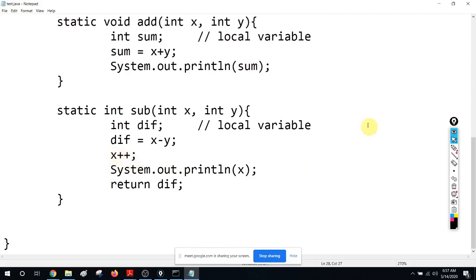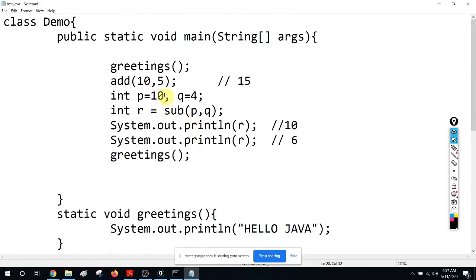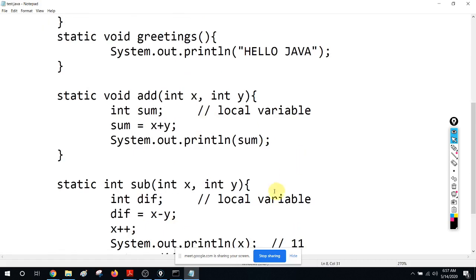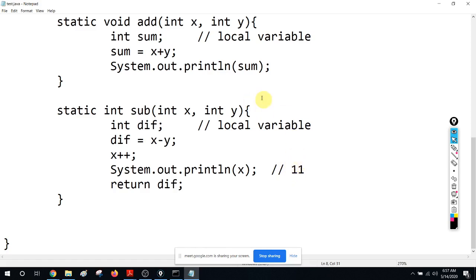Therefore here it will print 11. But it doesn't mean that, the value we send is the value of p, not the reference to p. Therefore p is still going to be 10 here, and here it is going to be 11. Now let's compile and run it.